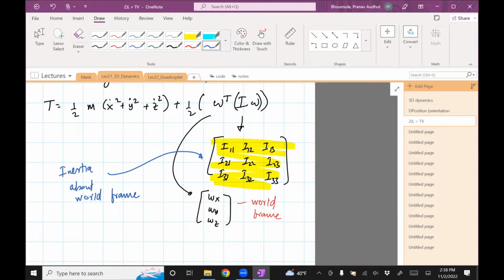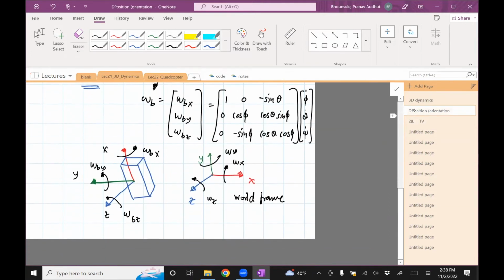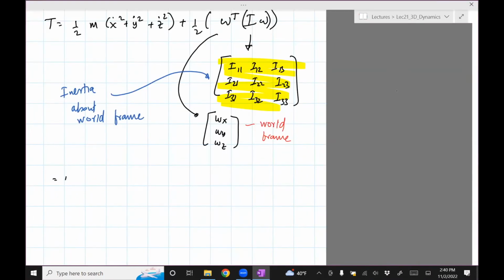So what's the inertia about the world frame? Well, you can go back to this figure. It's the inertia about this frame. As the object rotates, its inertia about the world frame will change. So if the first piece remains the same, the second piece, they'll write it as omega b transpose I b omega b, for body frame,